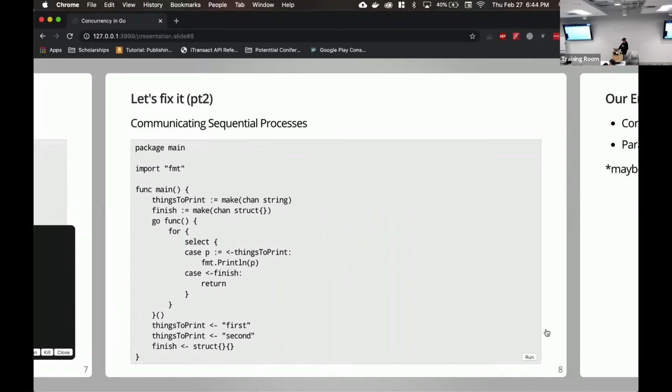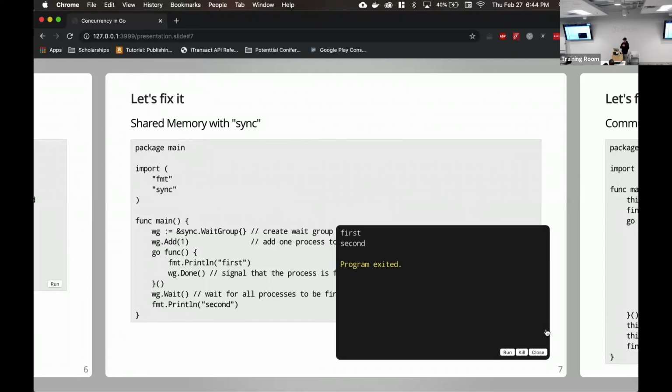Sorry, can I ask a question? Go ahead. Go back. I don't know what a wait group is, but you have the add one. Is there a similar subtract one? The done. Done marks it automatically, it subtracts 1. Okay. So you can think of the number as a thread count. So it's adding threads, and then once that's completed, it removes the goroutine from that thread.